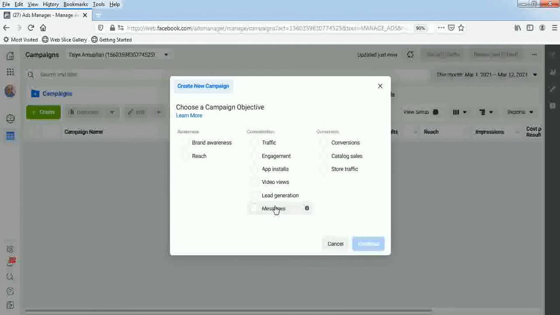All right, so the conversion ads, like I said, is for basically people with websites and landing pages where they optimize for different events on their website or landing page. Right? So let's get straight into the message objectives. I'll be treating the message objective